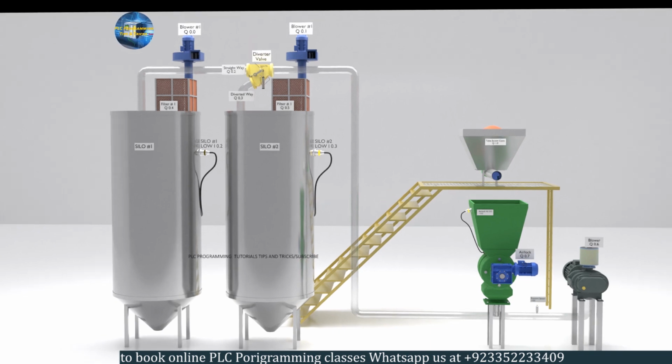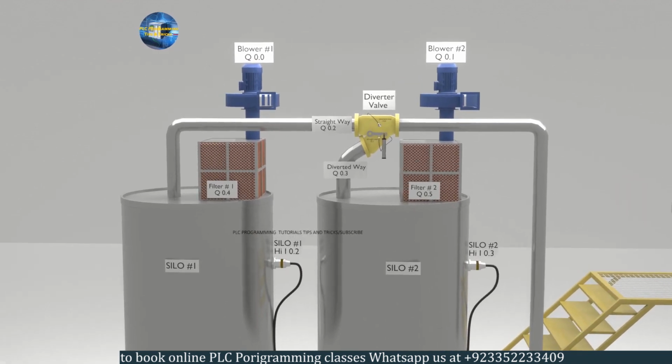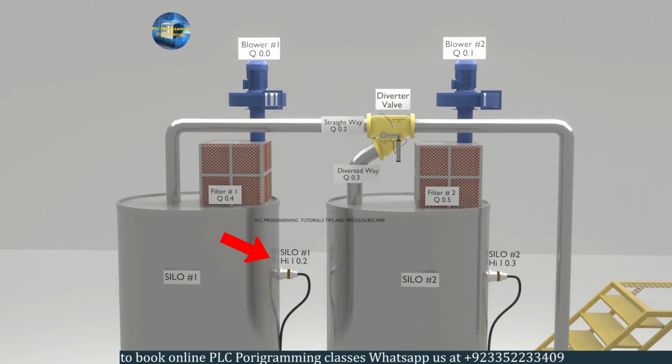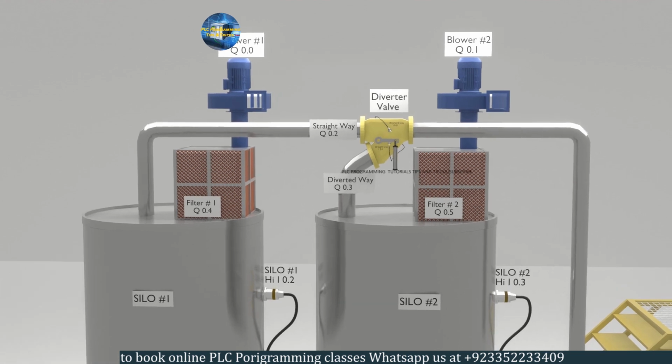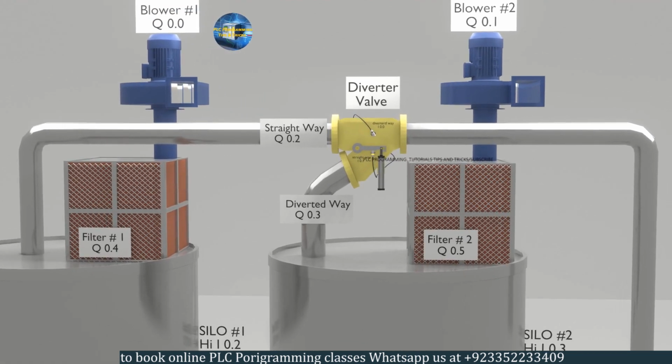Let's discuss the setup for today's tutorial. First, we have two silos, silo number 1 and silo number 2. Silo 1 has a high level sensor I0.2, and silo 2 has a high level sensor I0.3. Next, we have two filters for each silo. These filters are being controlled by two reverse pulse controllers, Q0.4 for silo 1 and Q0.5 for the